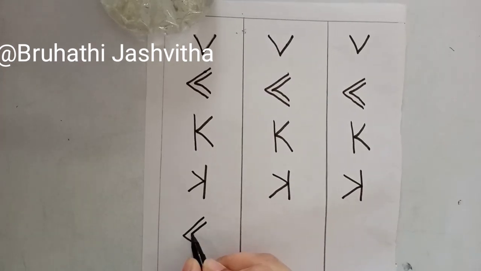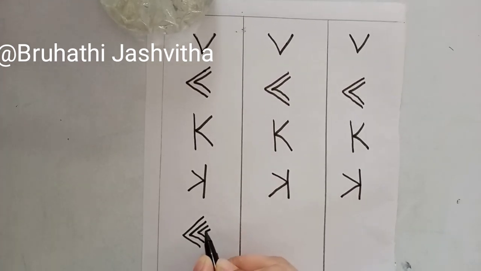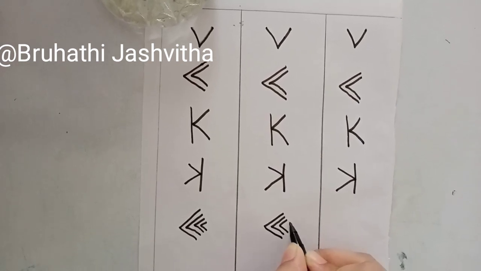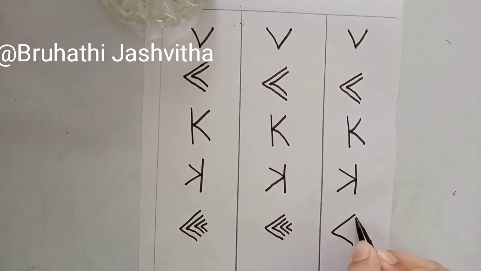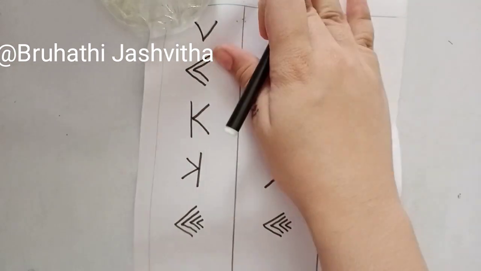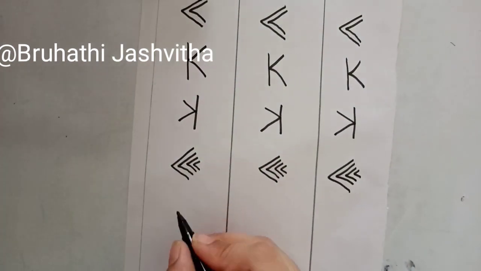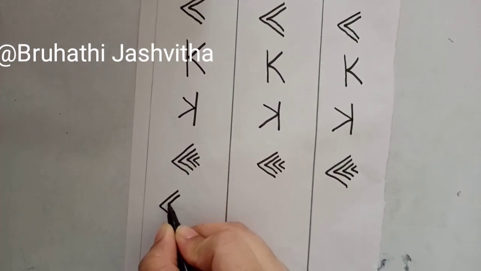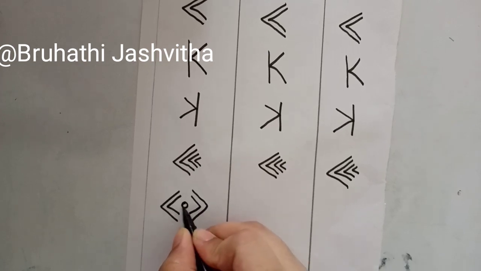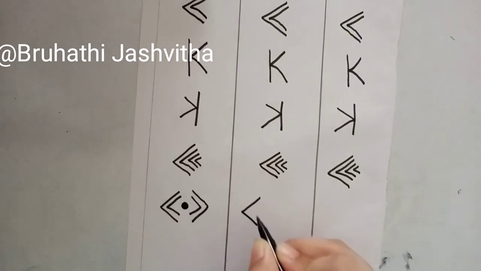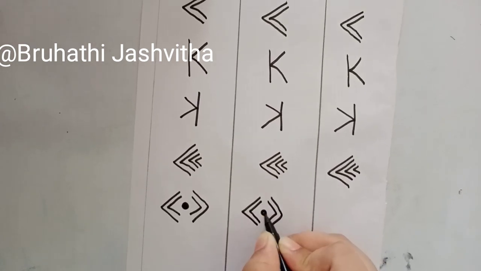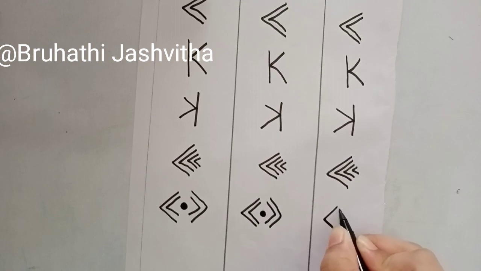Draw a sleeping V and 3 V's inside it. This is one more kind of pattern. The next shape is to draw a V and one more V inside it and do the same at the opposite side. Now draw a circle at the middle and fill it. Once again I'll repeat it.